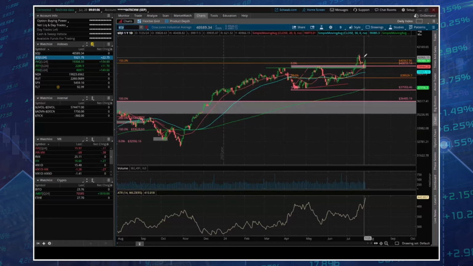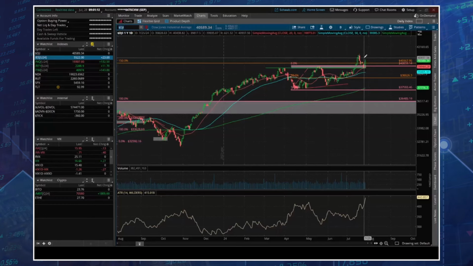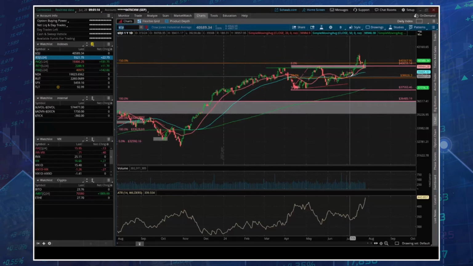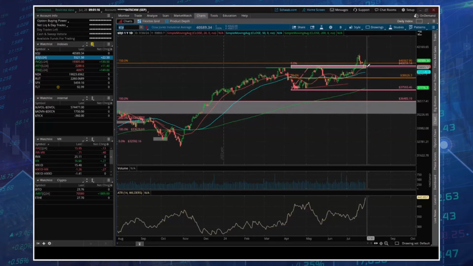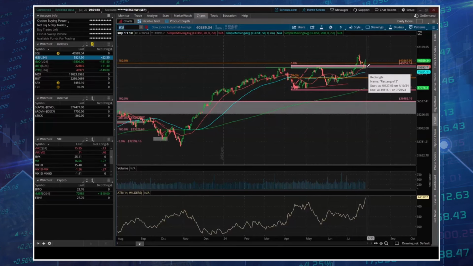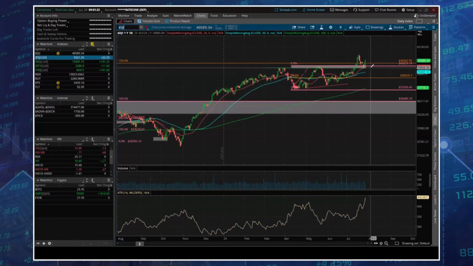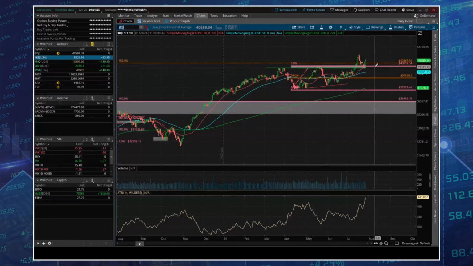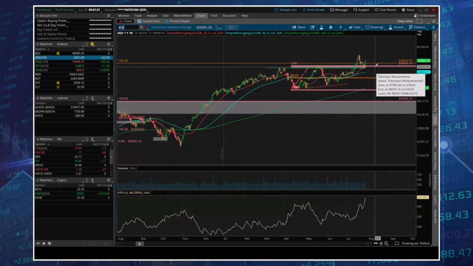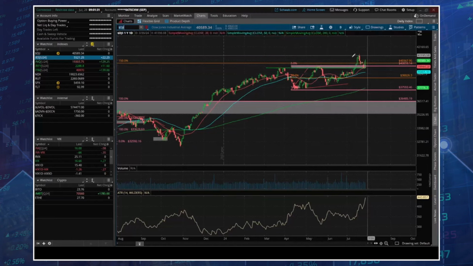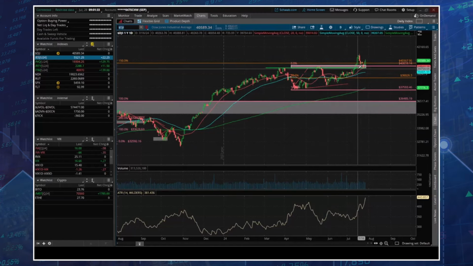The Russell may take that place a little bit later on, which it will. But out of the three indexes we looked at, this is so far the lead index, the bullish behaving index. If this turns and flips on us to bearish, that favors the probability of the other ones going down. If this holds its bullish posture as the other indexes reset, that favors the market going back up. That's how we compare the indexes back and forth.